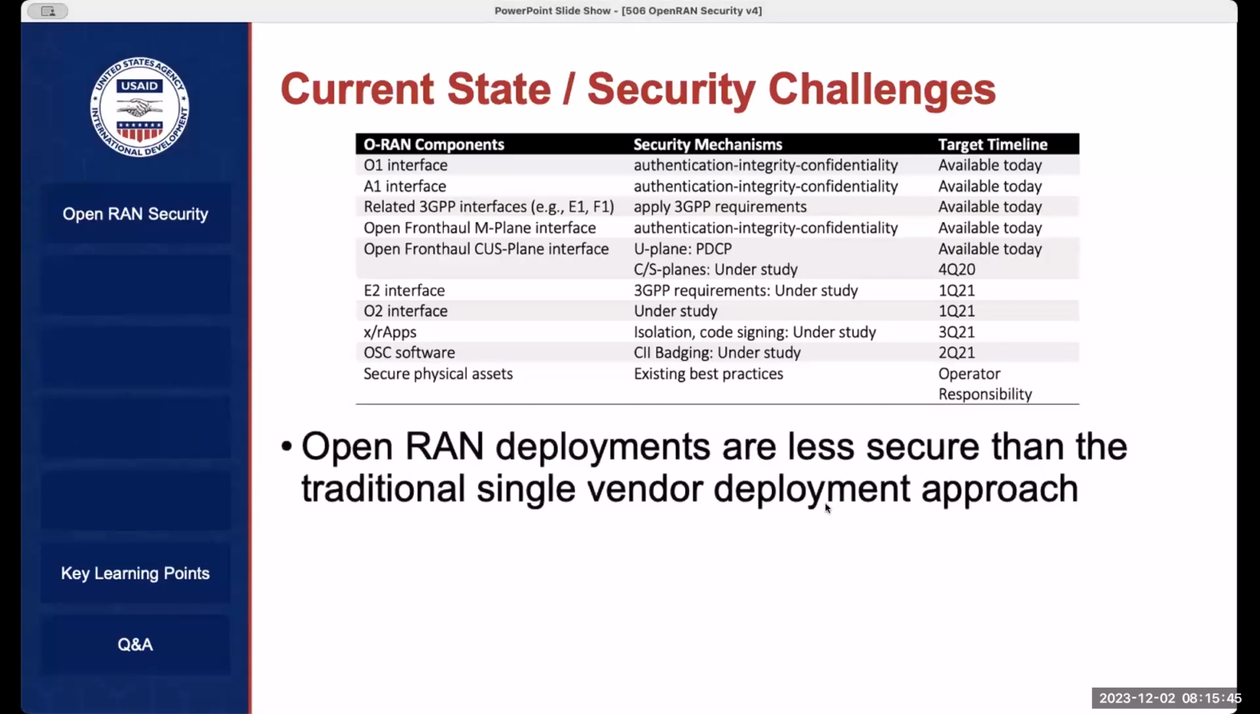Then with that intro, basically we're saying here that Open RAN deployments are somewhat less secure, to a degree, than the traditional single vendor deployment approach, for the reason that there are various groups developing various components, and even if you're able to interact with all of these components and they work seamlessly, we all